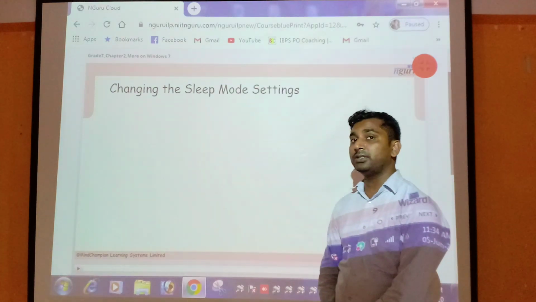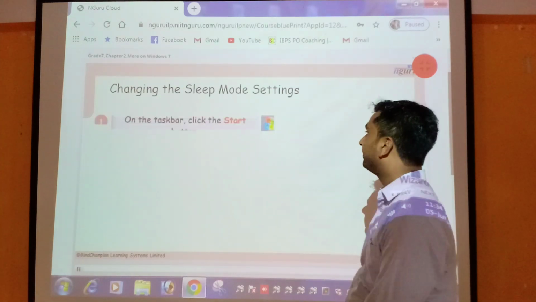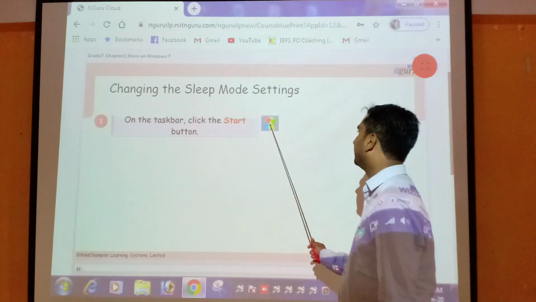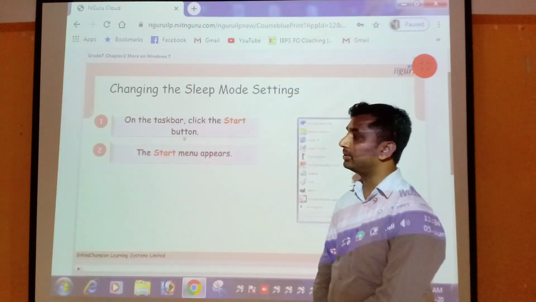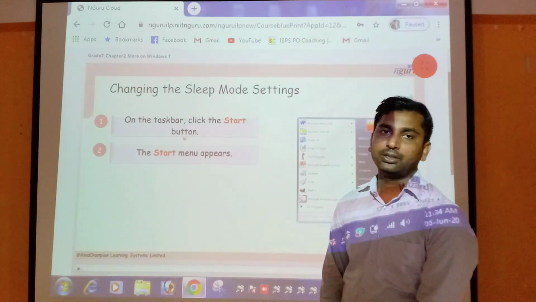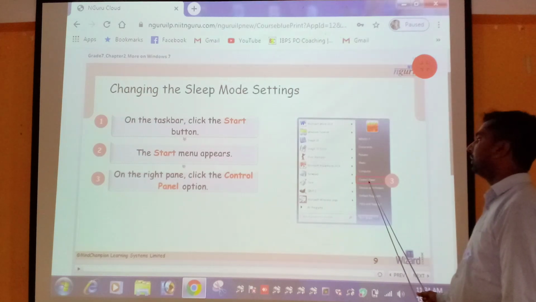So now how to change sleep mode setting? Let's see. First of all, click on start button. After that, the start menu appears on the screen. After that, click on control panel.